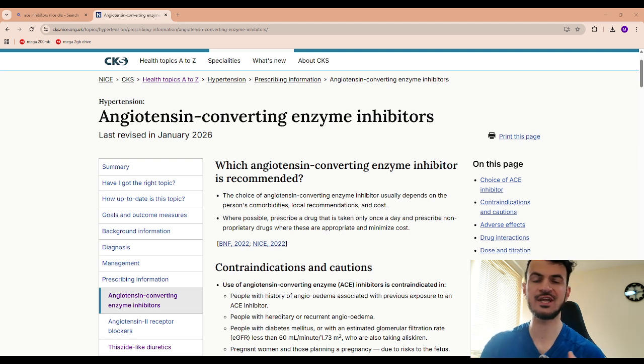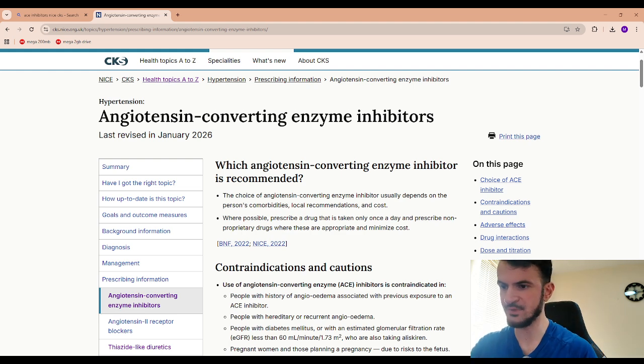Now, why? Because genetically, some patients are able to produce more renin naturally, thus leading to a higher blood pressure. For example, in type 2 diabetes, a patient of South Asian origin may be more genetically predisposed to get type 2 diabetes. So this is important to take into account for exam purposes as well.